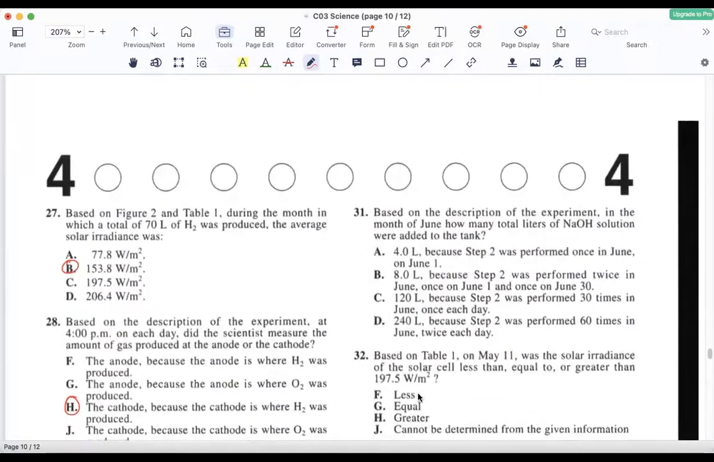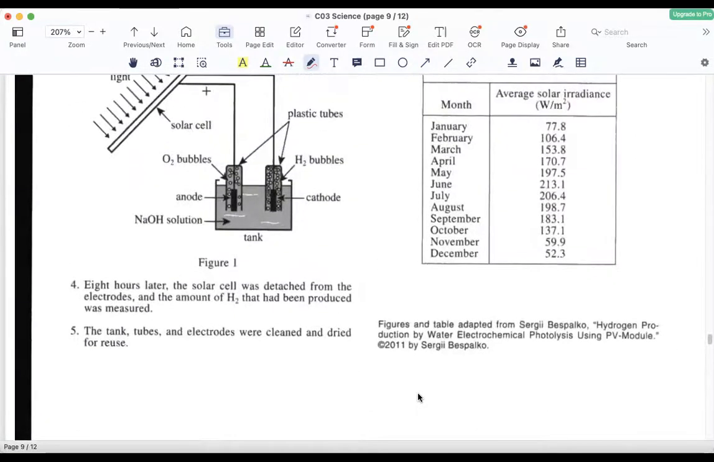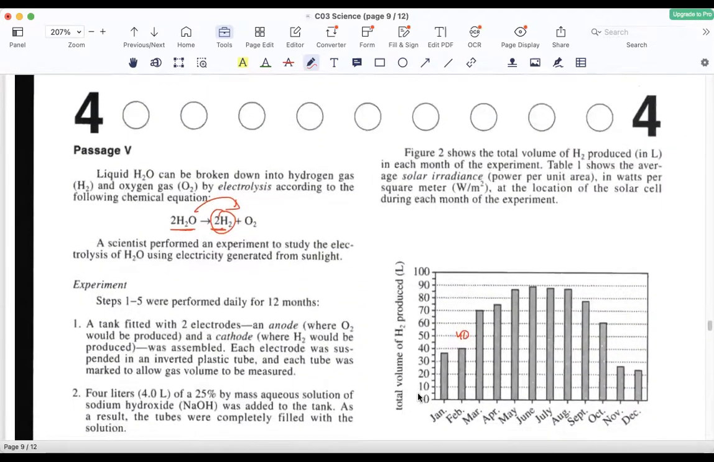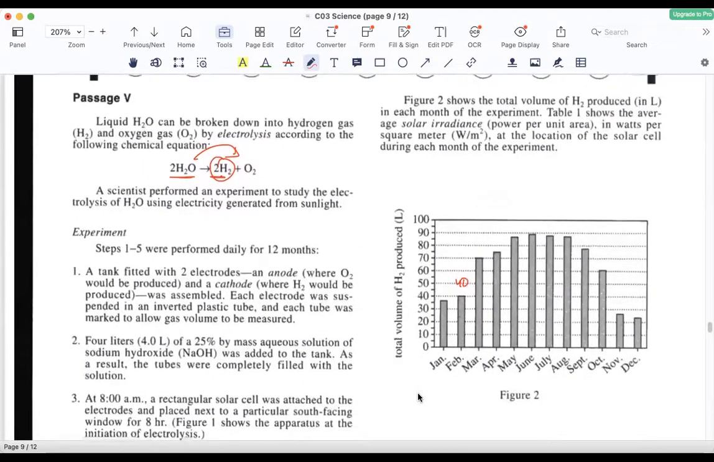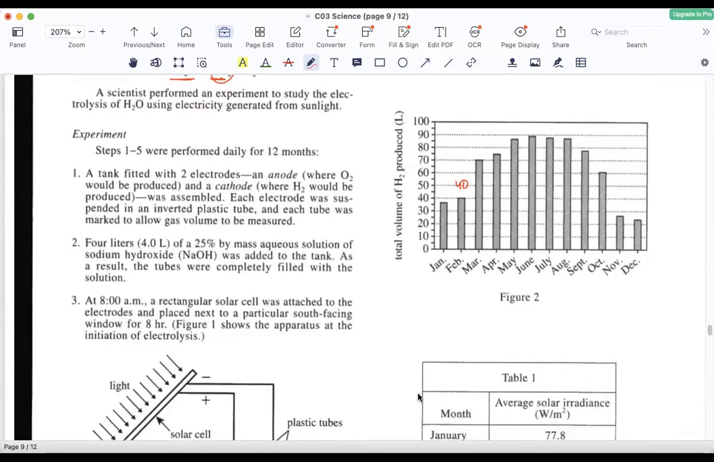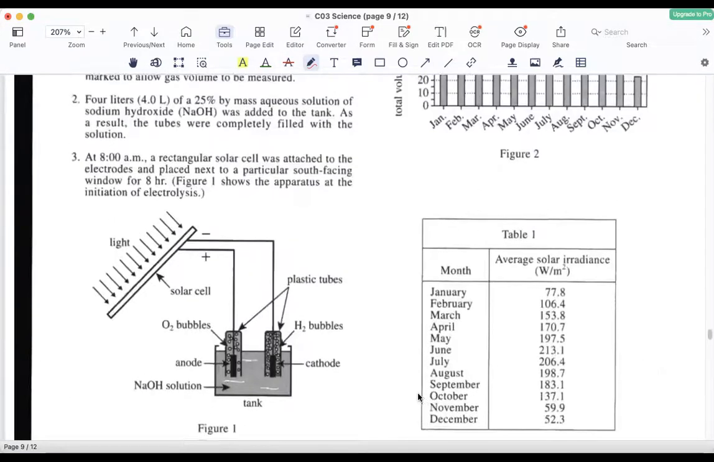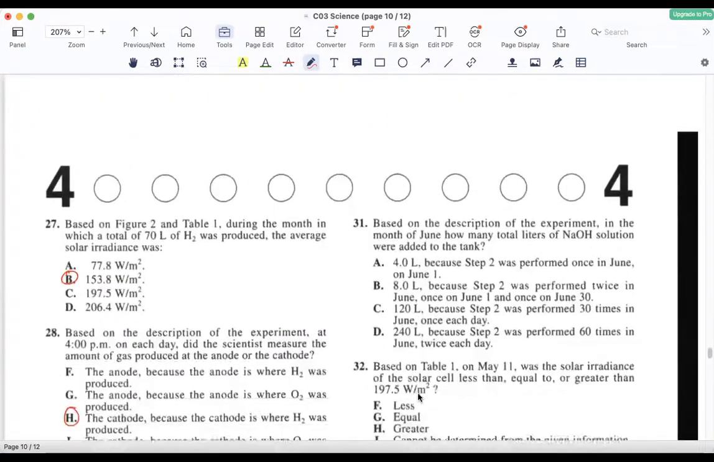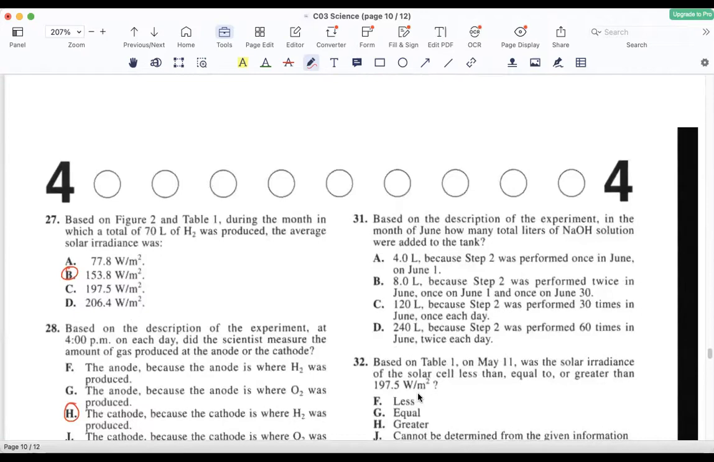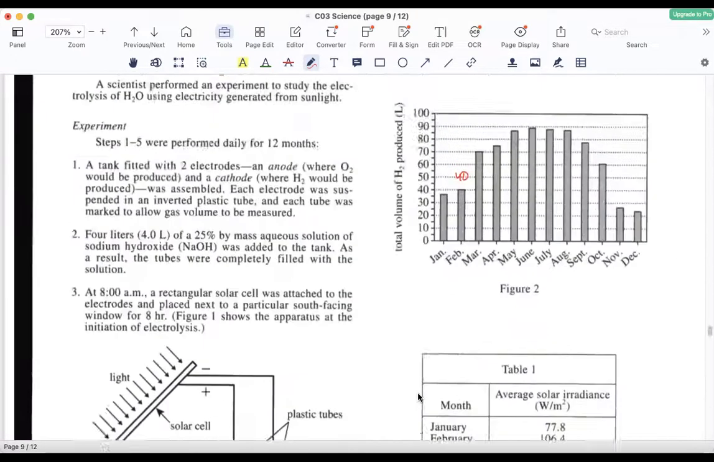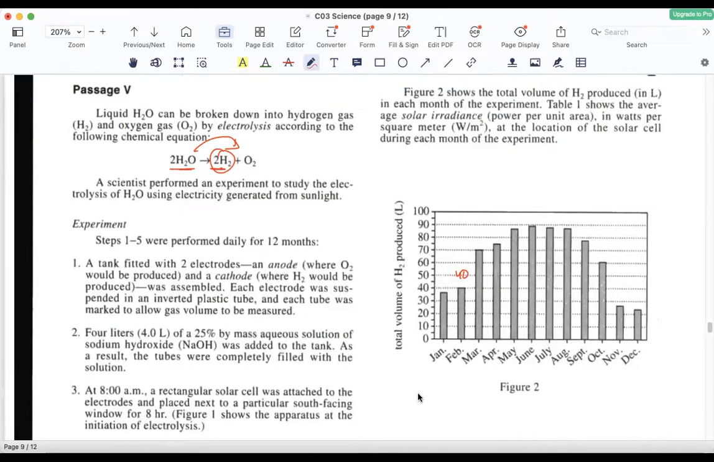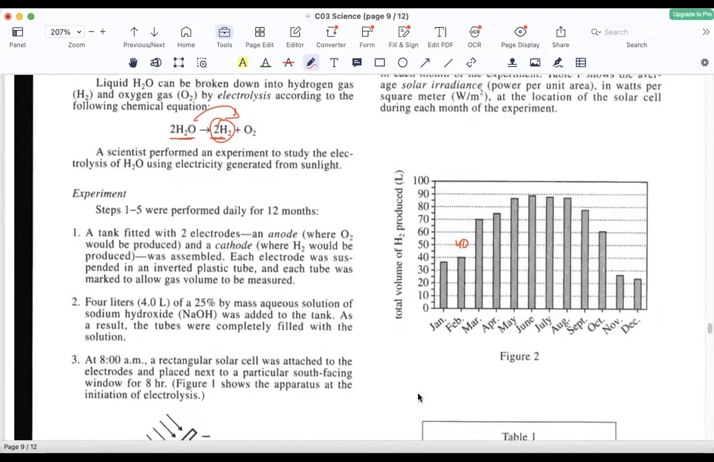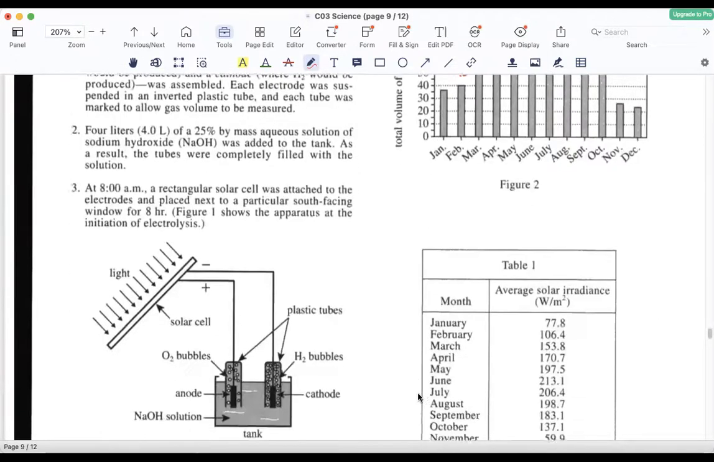Yeah. 31, based on the description of the experiment, in the month of June, how many total liters of sodium hydroxide were added to the tank? In the month of June, huh? Okay. So it has to be 4 liters, right? Oh, like that. Okay. Yeah, it was performed once in June. Daily for 12 months, so 30 times. So 120